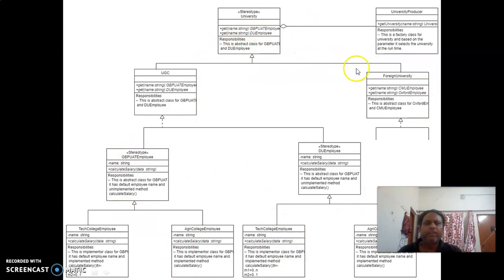So here it is a domain model, meaning a number of classes which are connected together. Here we have University, UGC, GBPUIT employee, DU employee, Tech College employee, Agri College employee. These are the classes which are connected together.